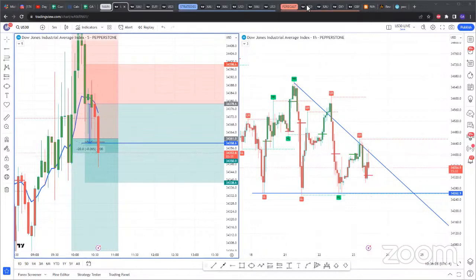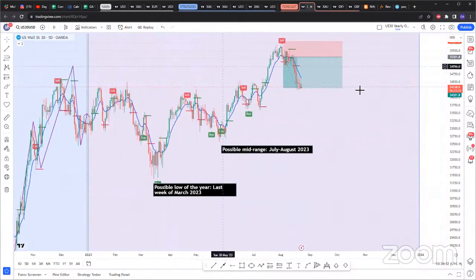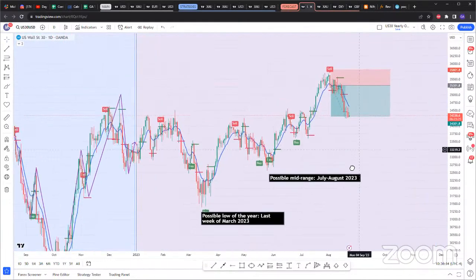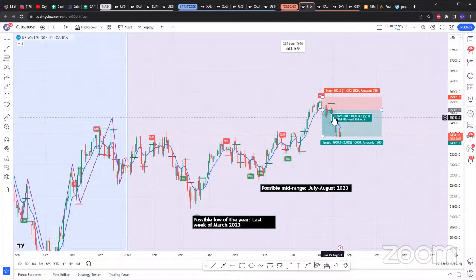Anyway, let's go back to this. If a trade is valid, you shouldn't really worry too much about it. So here with US30, I'll give you that analysis every year: between June to August we normally have a drop for US30, and keep in mind August and September are also some of the worst months in the stock market, and you can clearly see why.